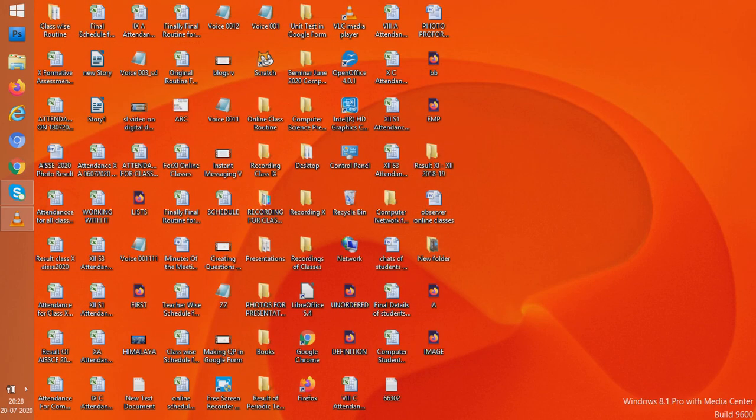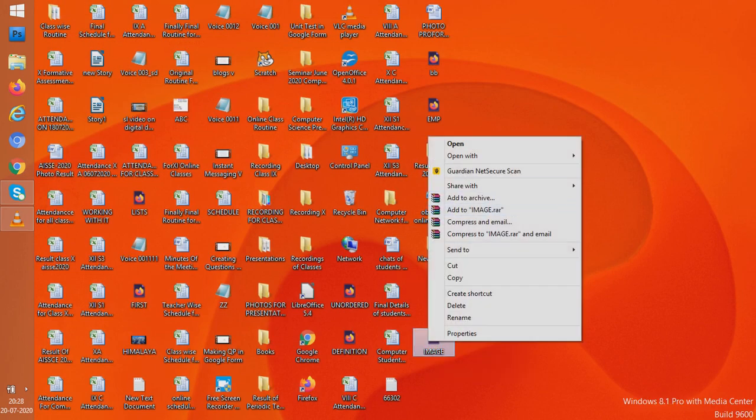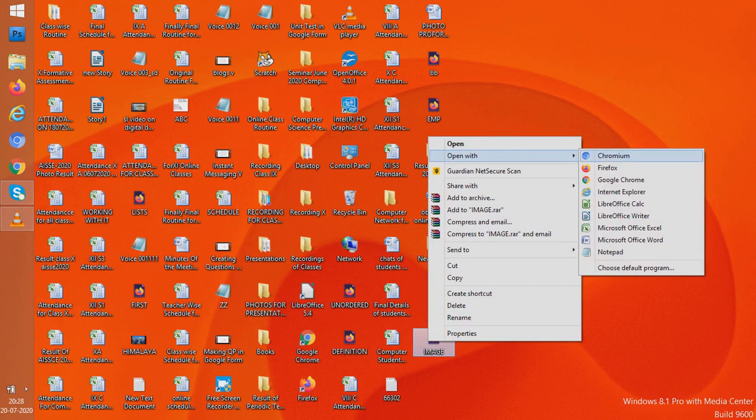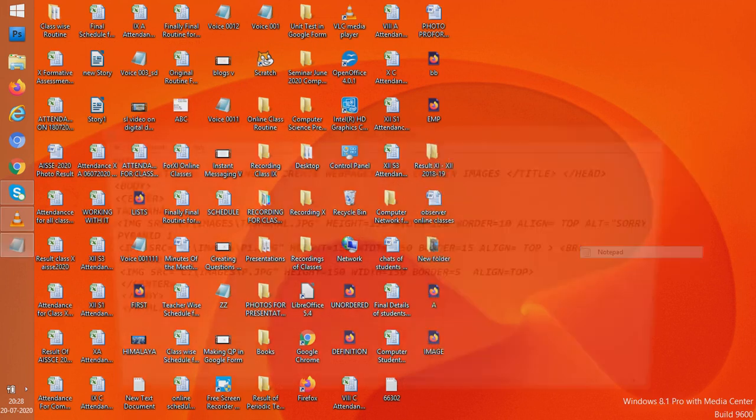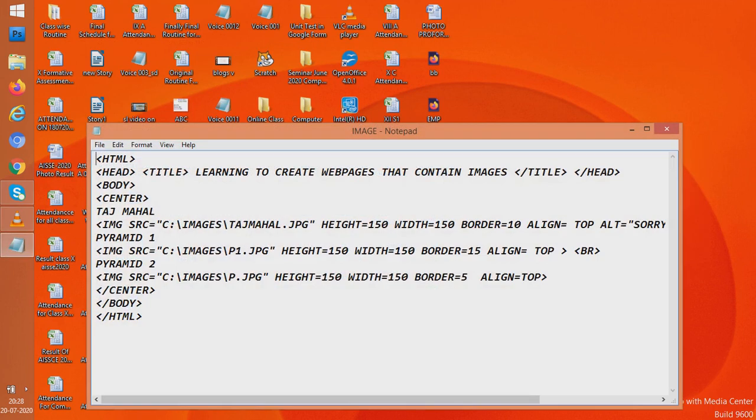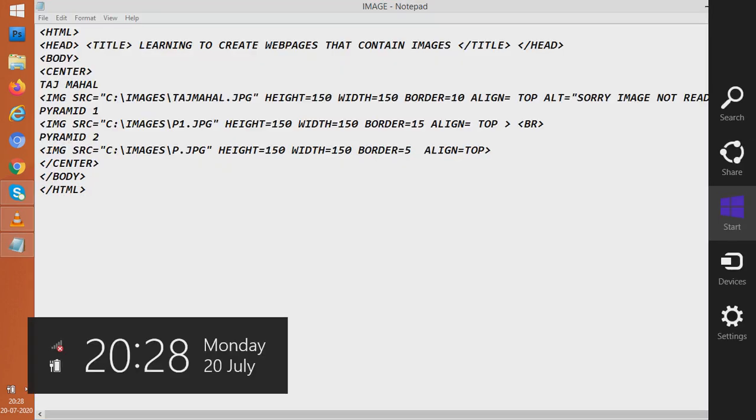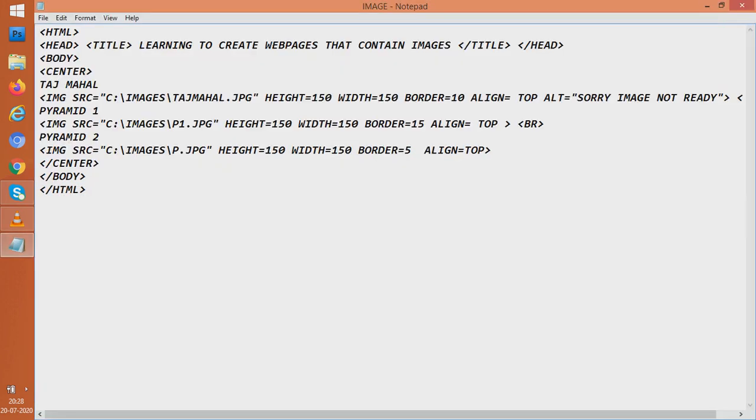Similarly, I can put this alt in the other images also. I'll come here and put the same thing, because these sorts of mistakes can happen to any given img statement. So I'll copy this same thing.